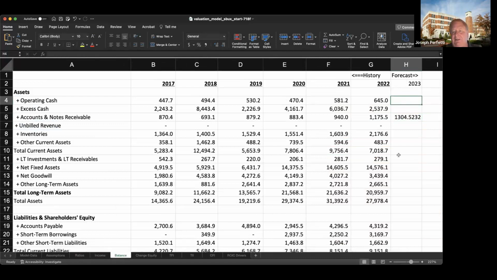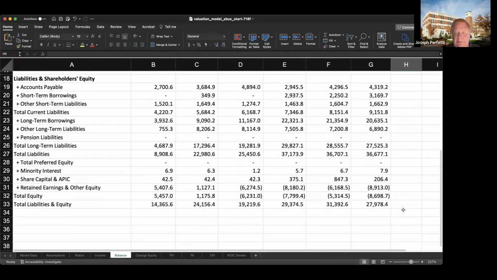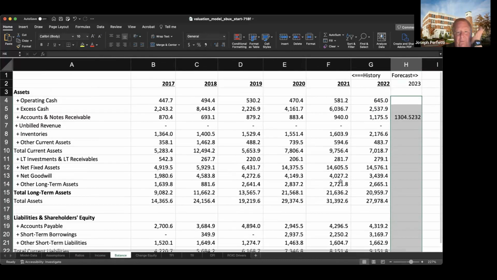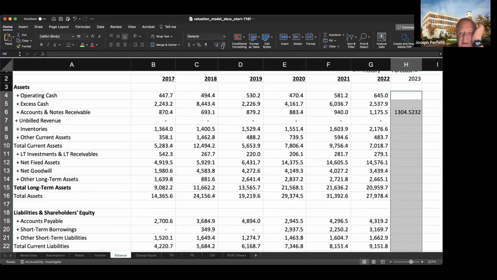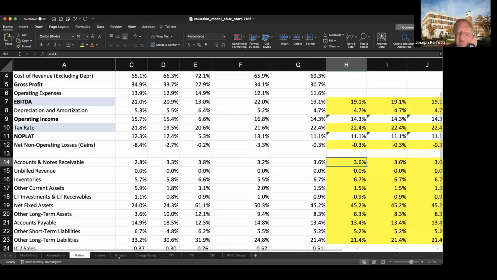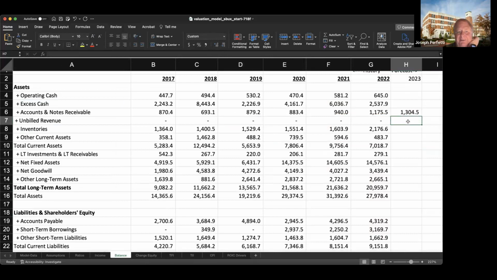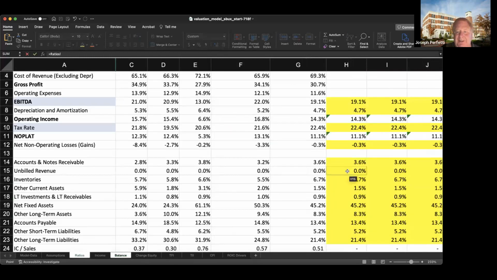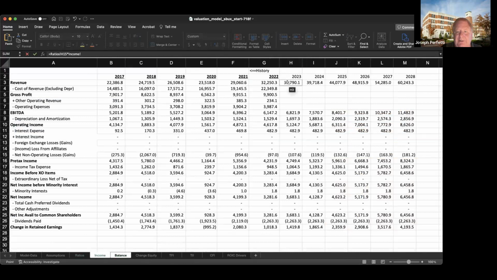Now, again, I'm going to take all these numbers and just format to one decimal place just to be consistent with what I see before. The next ratio is unbilled revenue. So same concept. We're going to repeat this 9 more times. So equals the ratio, unbilled revenue, its percentage of sales. They don't have any, but another company might, H15, times income, H3, 2023 revenue,